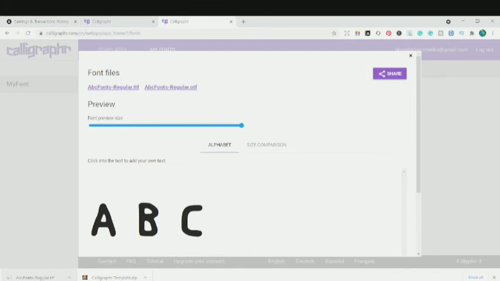So that's it for today's video. That's part 1. Don't forget to subscribe to my channel for part 2 of this font making process, because part 2 is really important. You can't think that we have finished font making and can just sell this font. No, because Calligrapher has so many errors while building the font. We need to rectify these errors, and we're going to rectify all those errors in part 2 using another software.